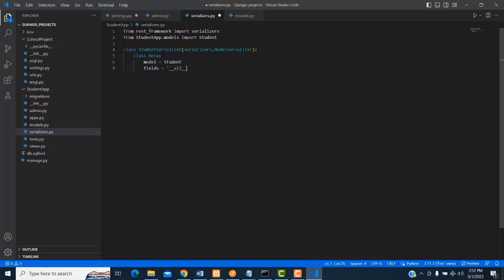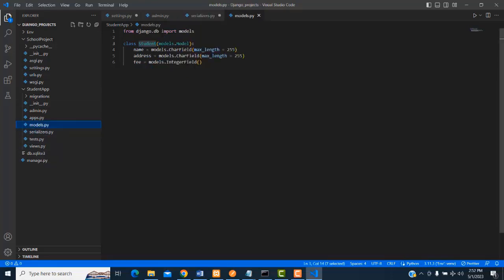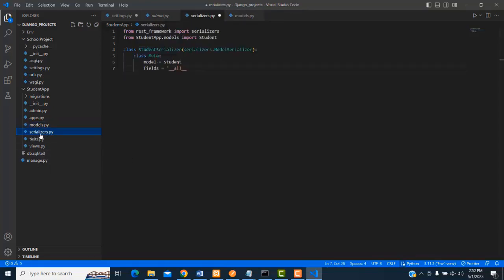You are given all the fields. What are the fields? These are all the fields. I'm going to serialize. Okay, you have to serialize. You have to make the